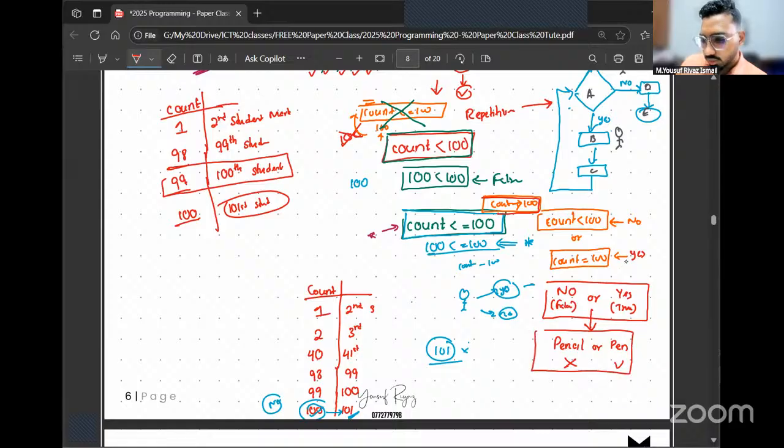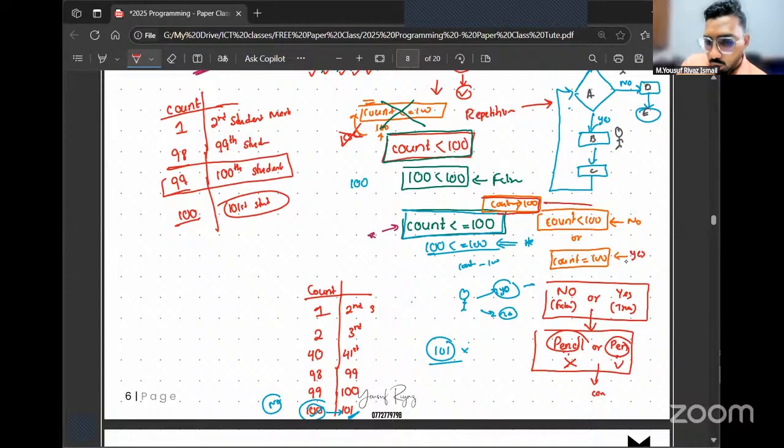Yes or no? You need a pencil or pen. Can you come for the class? You can. So when you have the word or, should both the instructions give you true? Is it compulsory for both instructions to be yes? Out of the two, minimum how many has to be yes? Minimum one has to be yes.